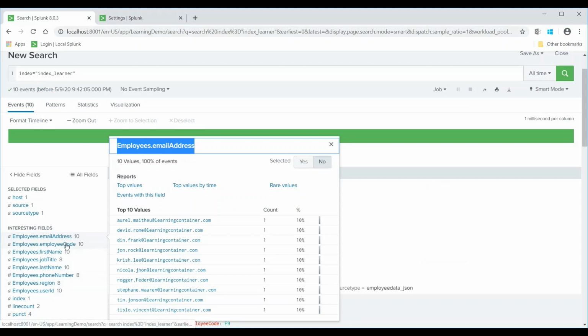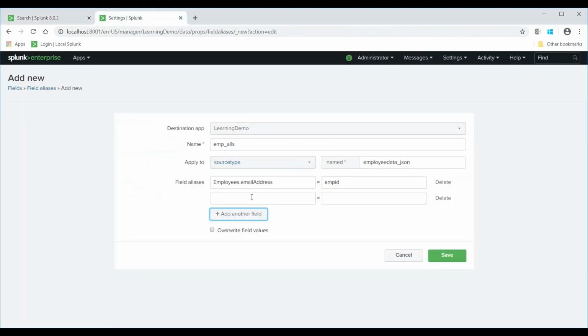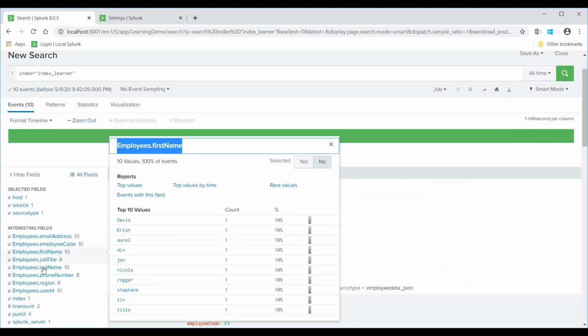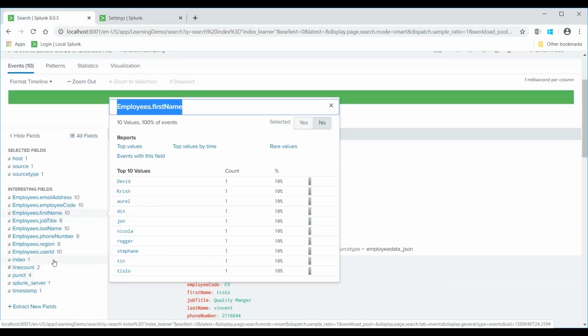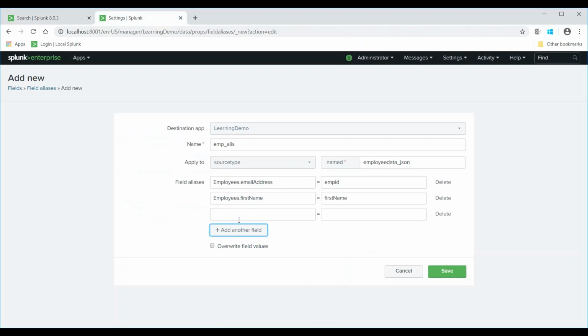Then I'll choose the employee first name field and only first name, and maybe I can choose a region, employee dot region, and I will just give the alias as region. So I'll overwrite these field values and click on save, and we'll see what happens.